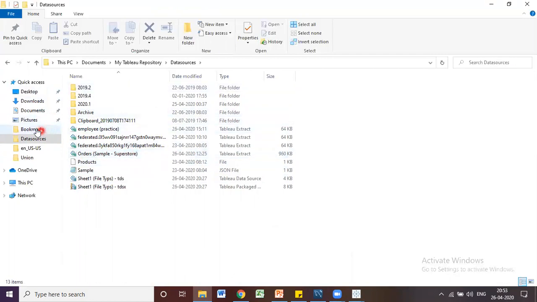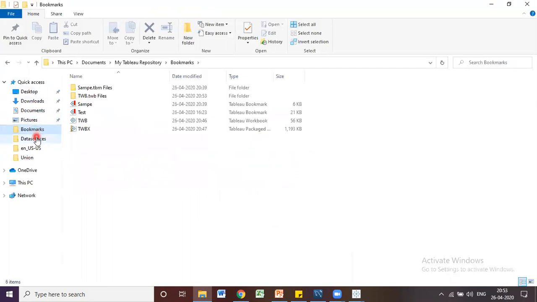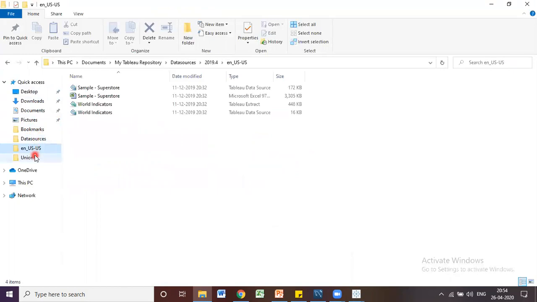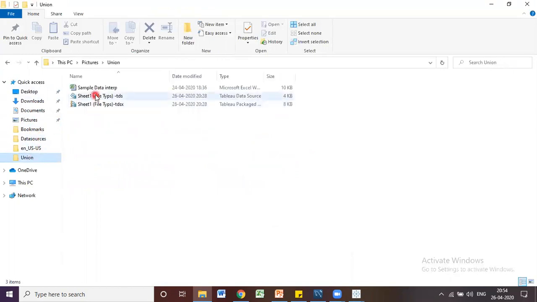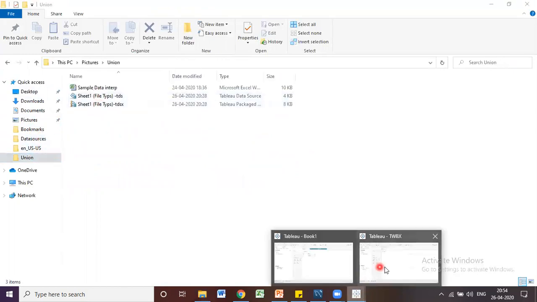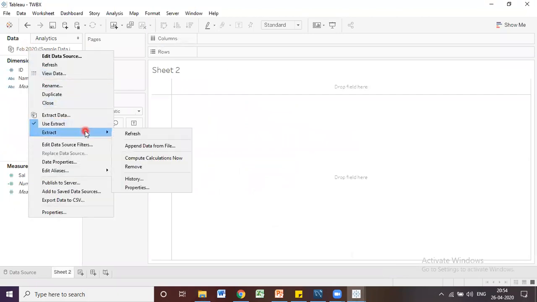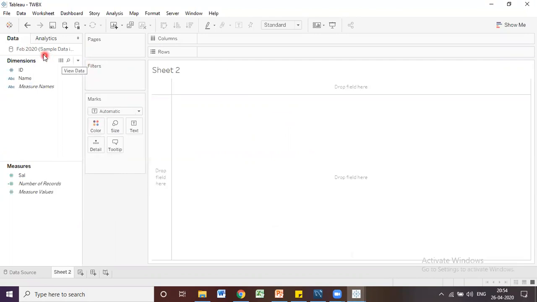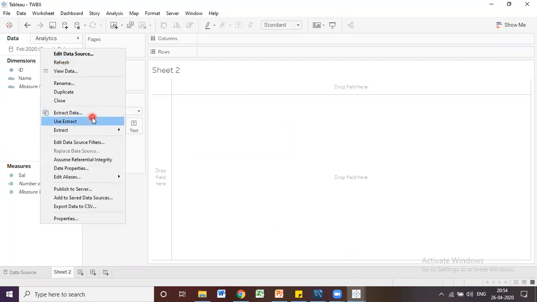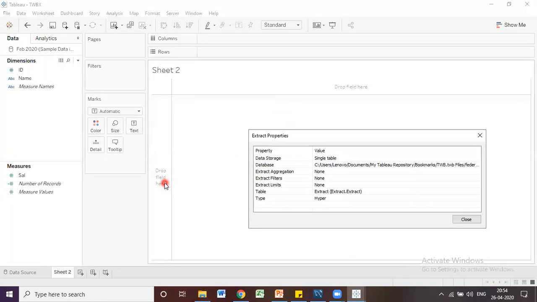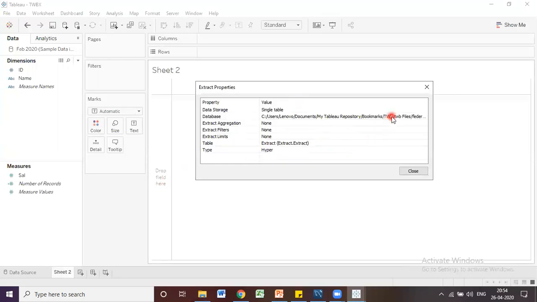Okay, fine. I don't know where it is saving. One second guys, it should ask where to save. Let's click on this one. Let's click on properties. Database.